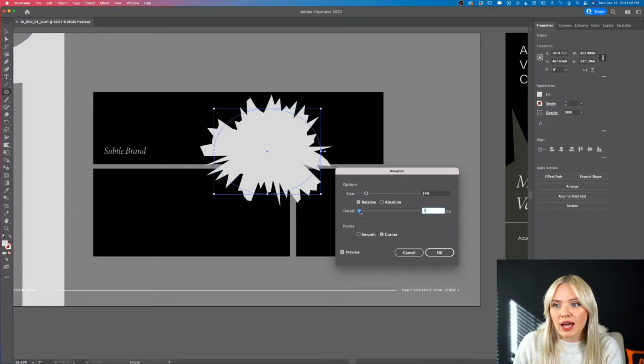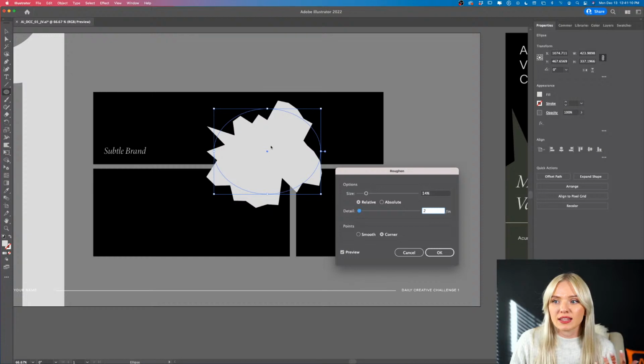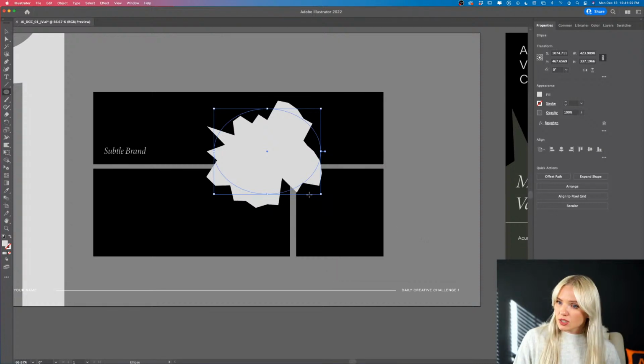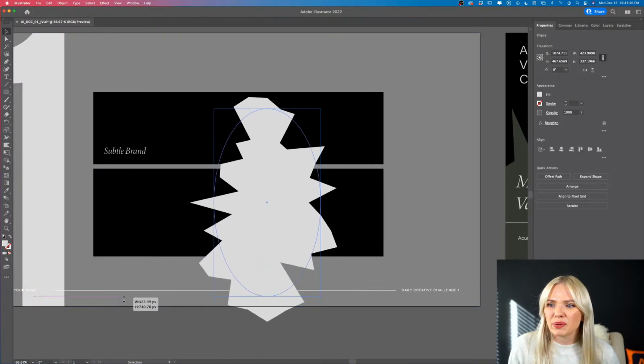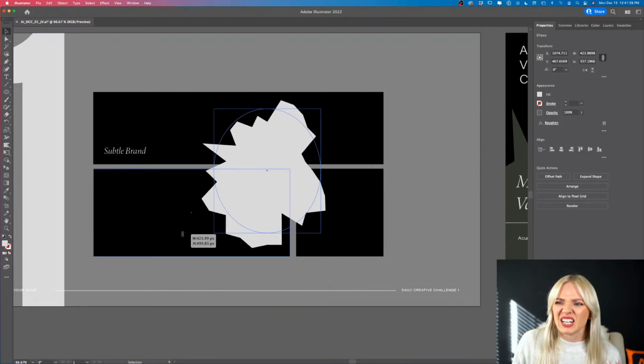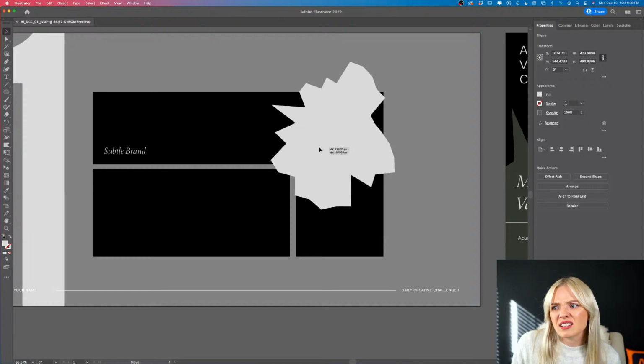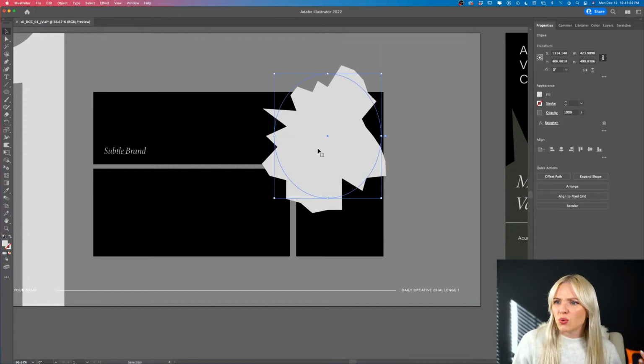And you can also add very little detail. And then you can get these really cool, very random shapes that are super fun to play with. So you can either make it smooth or you can make it a corner. I kind of like this edgy kind of corner design. So I'm going to keep it like that. And then you can still go in and really play around. It kind of almost looks like a rock, like some really cool abstract